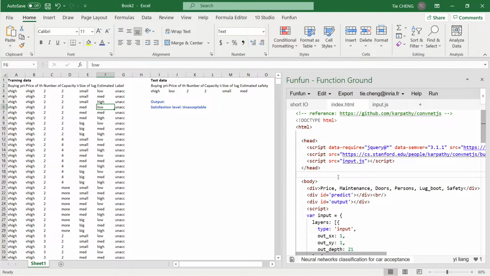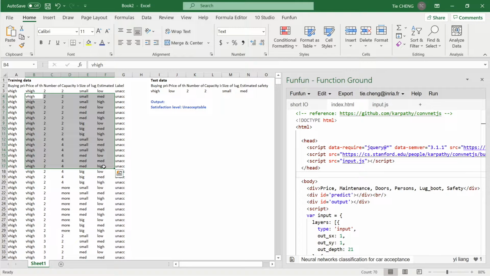Besides visualization, we could also undertake data analysis and write results to worksheets. For example, in this sample, the JavaScript code on the right-hand side trains a decision model from the training data of thousands of rows on the left.